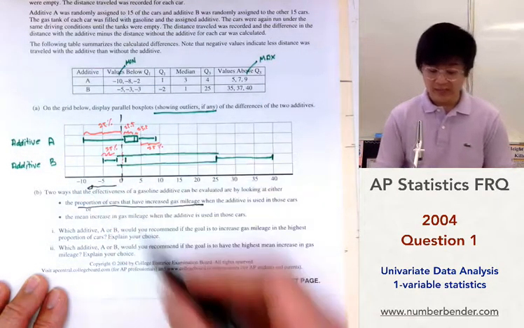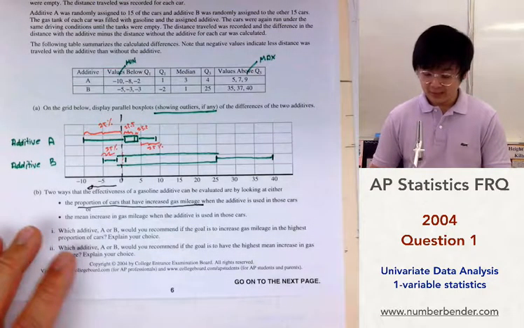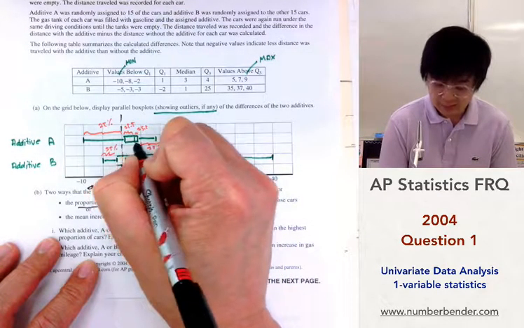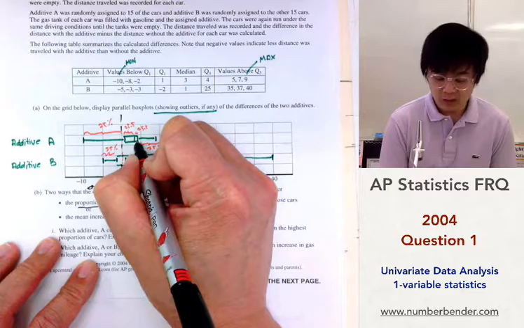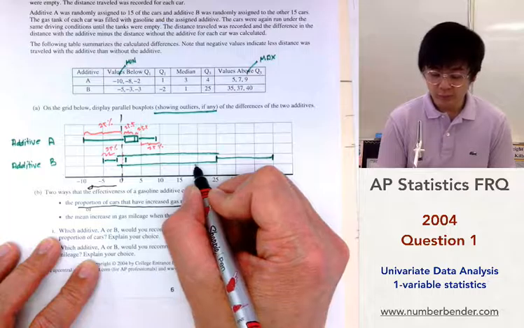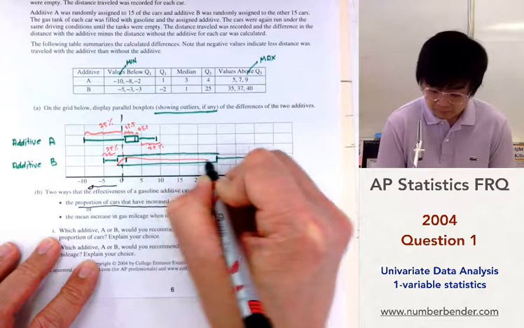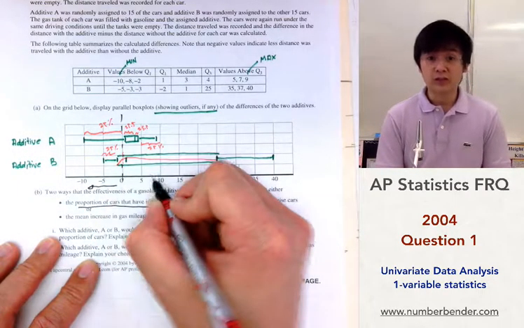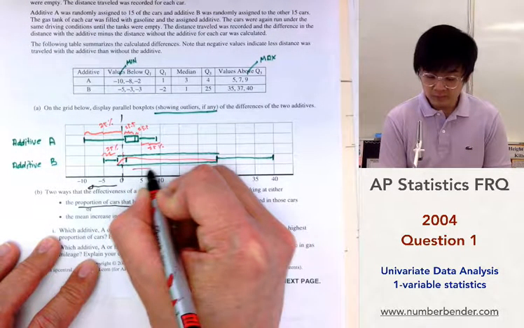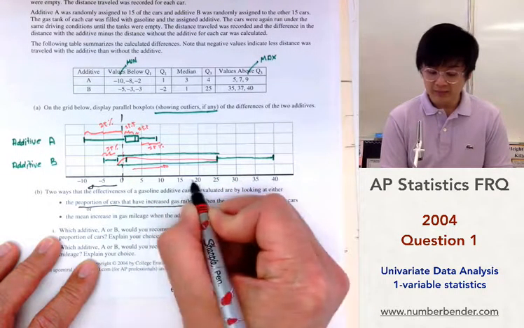So between additive A and additive B, if we're looking for an increase in mean mileage, let's inspect this one for additive A. This one is slightly symmetrical, or not rightly skewed, as compared to the distribution of letter B. And we know that if we construct our distribution, the median is always close to the peak of our distribution, and in this case, the mean will be pulled towards the right of the curve. And that means the mean increase is more